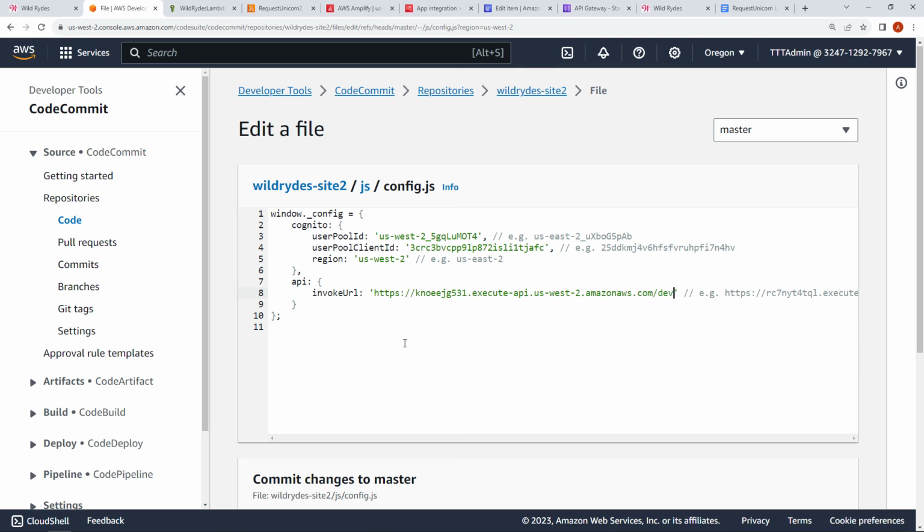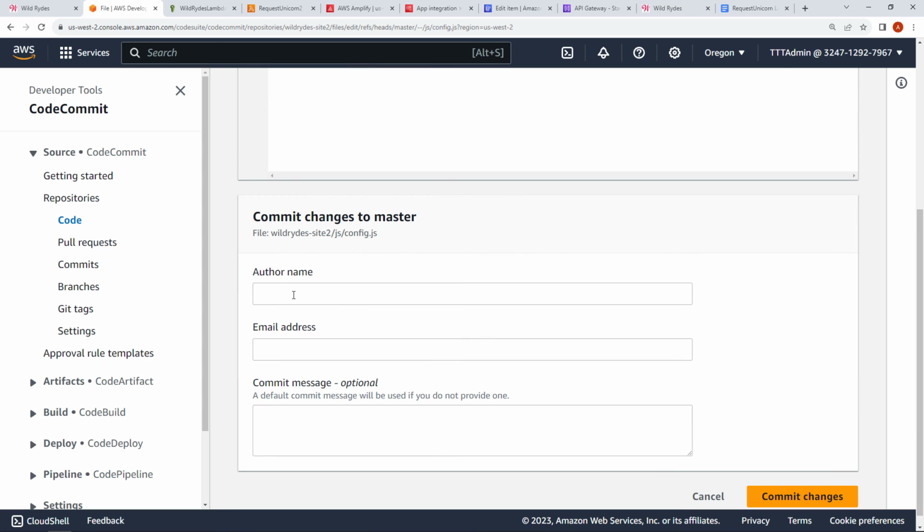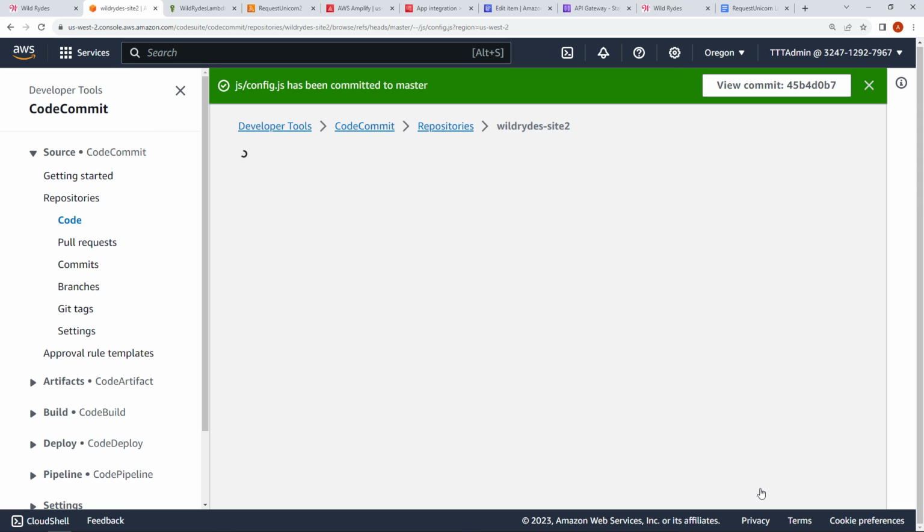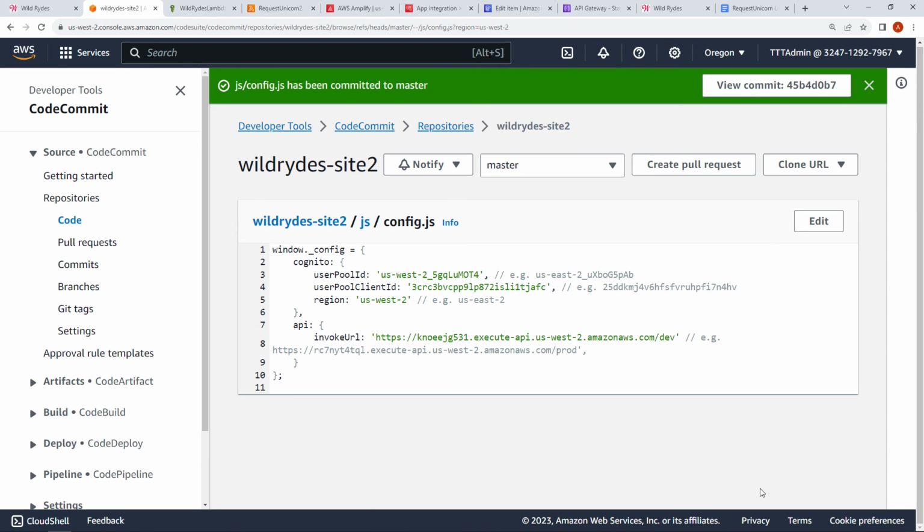I'll paste that in. So that's the Invoke URL for the API Gateway call. I'll commit this change. And then there's one other update we need to make around the mapping scripts. So back to code,